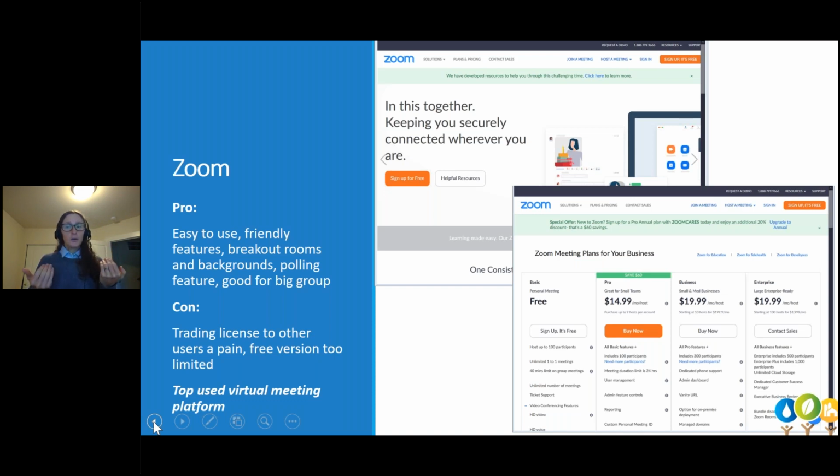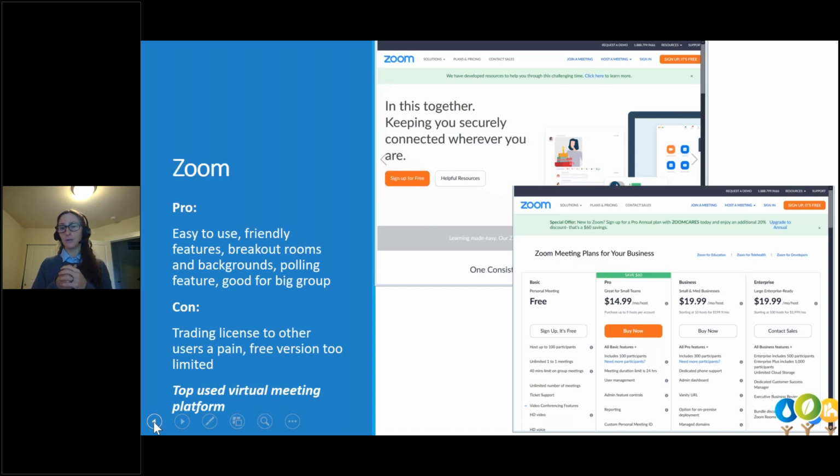I just wanted to show you, of the top ones that we just talked about, some of the more detailed pros and cons. Granted, I already went over a few of them, but I thought I'd give you a couple more detailed screens, as well as a screenshot of the pricing. I know that's what most folks are interested in. Just know the pricing is going to look really similar. The features are just slightly different for each one on what you would choose or not choose if you want a free version or a paid version. So Zoom, again, as I mentioned, is probably the most common one that you're going to hear about.